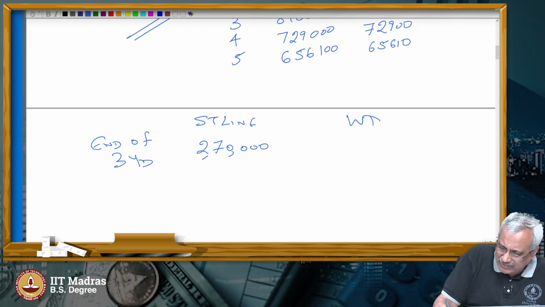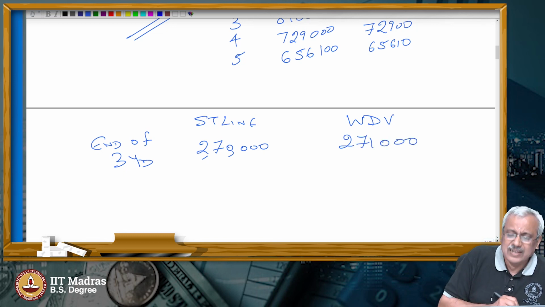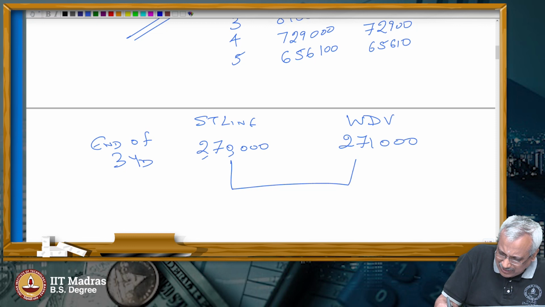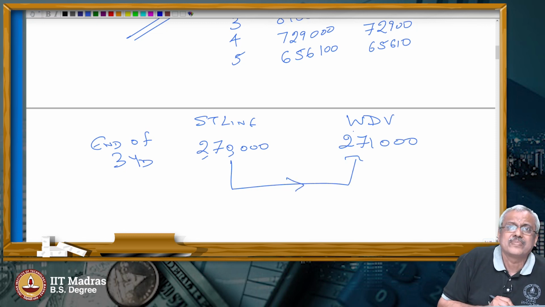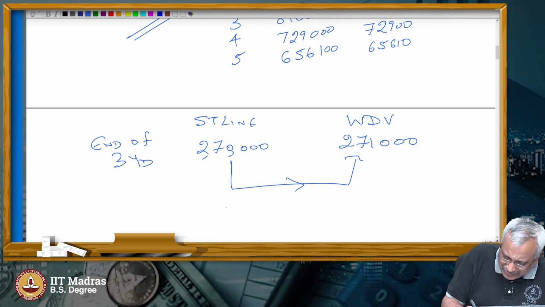Under the WDV method, at the end of 3 years, what is the depreciation? 2 lakh 71,000. Now, I am shifting from here to here. I am shifting from here to here. If I had shifted from here to here in the 4th year,